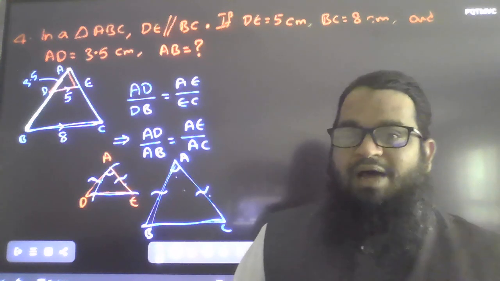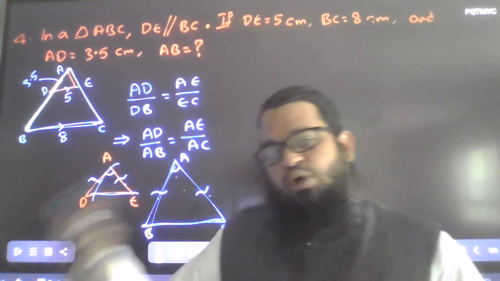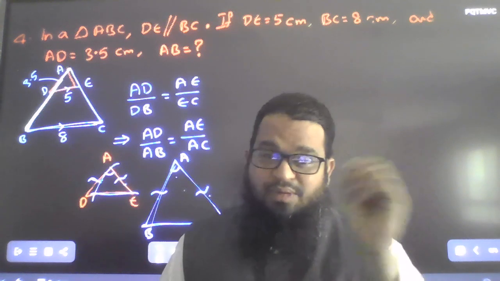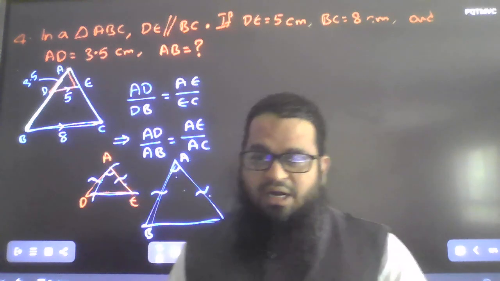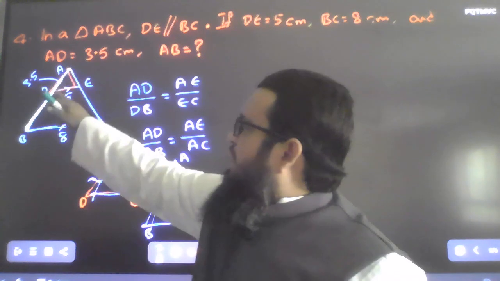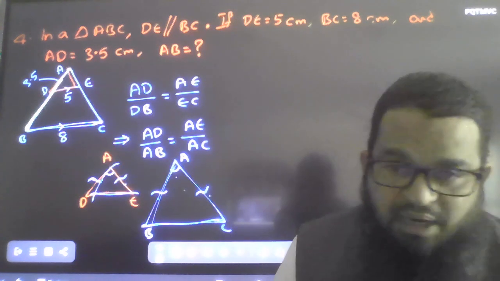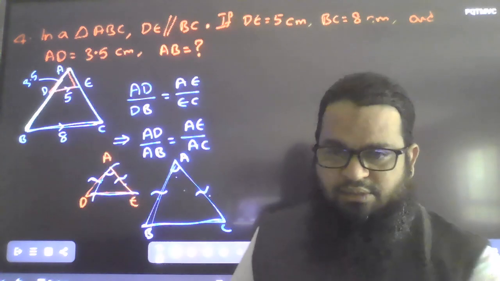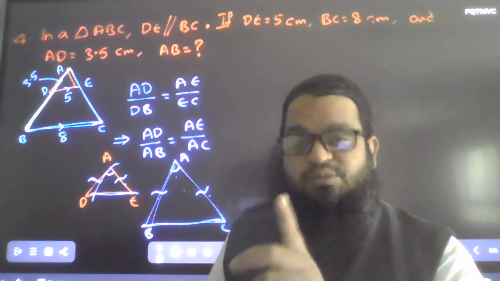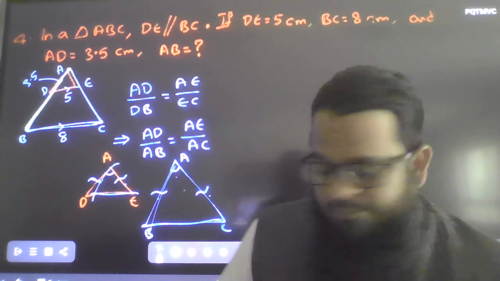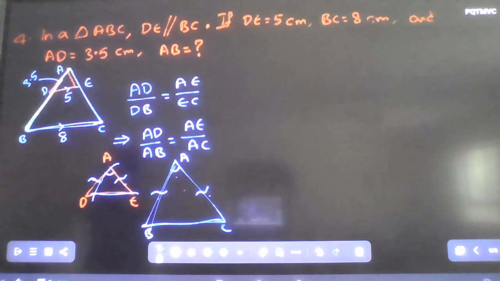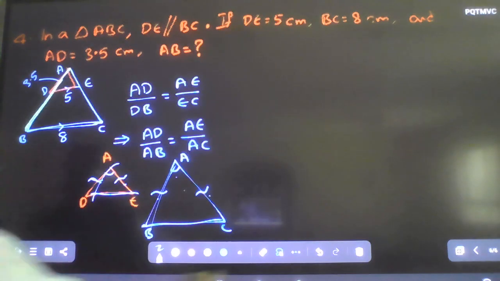Since he has given the values and he didn't ask us to prove, no need to write all these things. So by SAS similarity criterion, these two triangles ADE and ABC are similar. I hope you understood, right? You do this explanation, why they are similar. The way I have explained, it will be clear. So now,